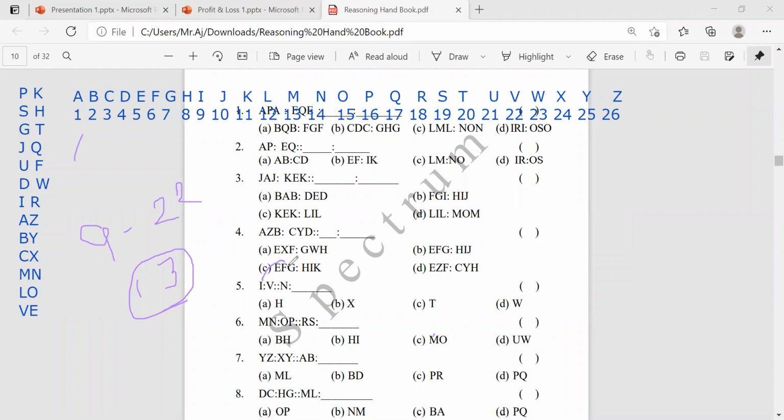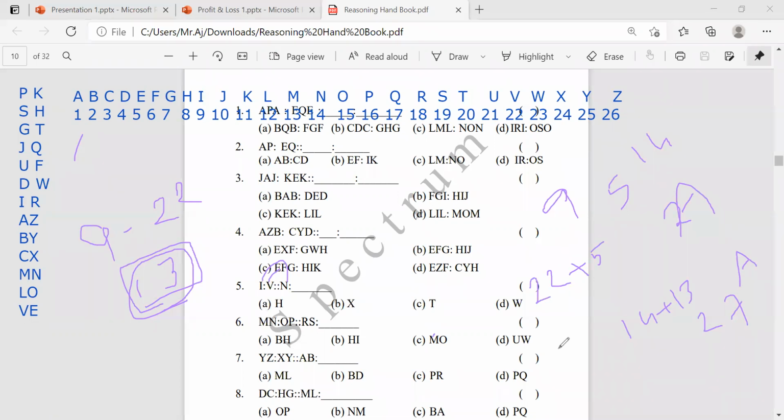And from I to N, I is 9 and N is 14, so add 5 here. V is 22 and plus 5 will get 27. 27 is nothing but the cycle, it is A. Even seeing it like this, it is 13 letters, plus 13. N number is 14 plus 13 is 27. It's nothing but A again.